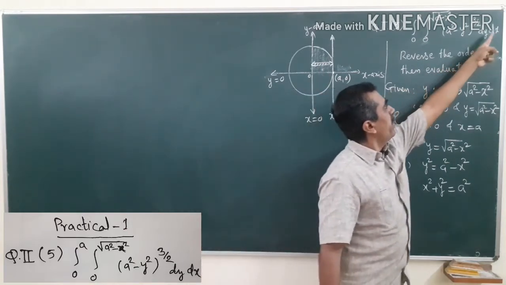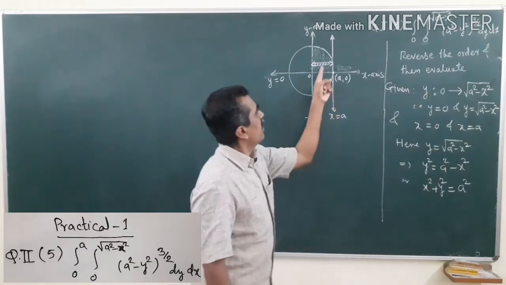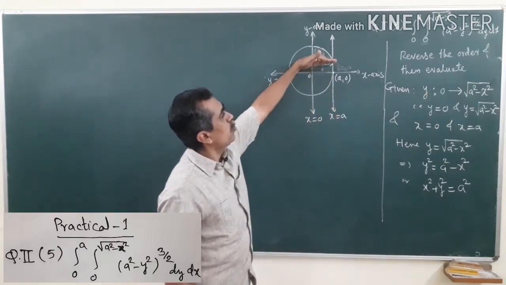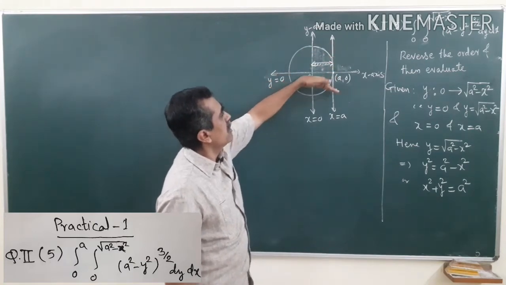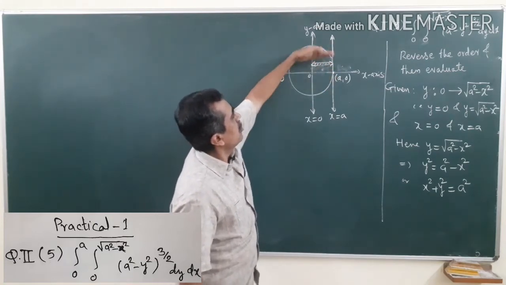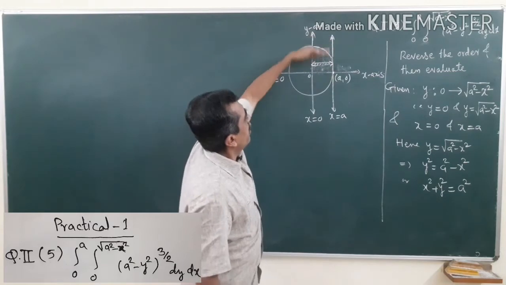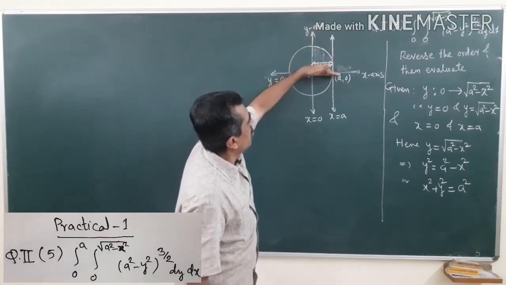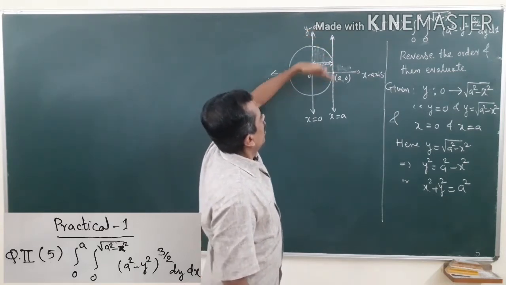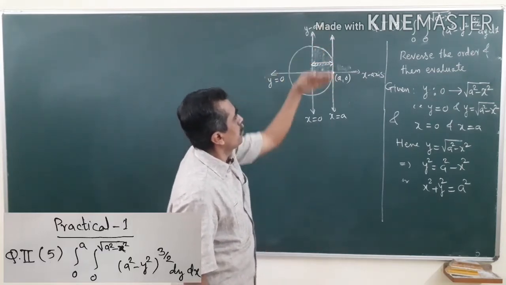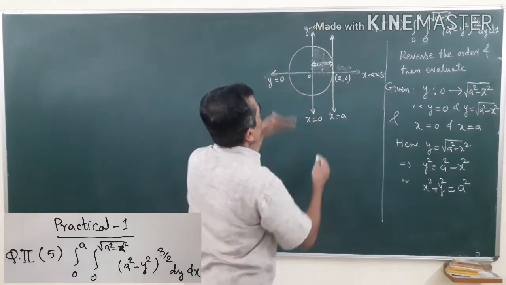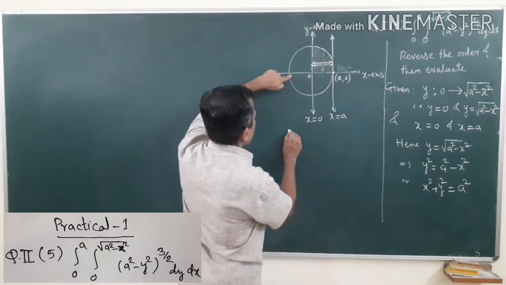See, once again, to make the integral first with respect to x, we take a line or a strip parallel to the x-axis in the region of integration, and we will move it in the region of integration along the y-axis. Take a line parallel to the x-axis and move it in the direction of the y-axis in this region, so that the whole of the region will be covered. Okay. So now this line will move from